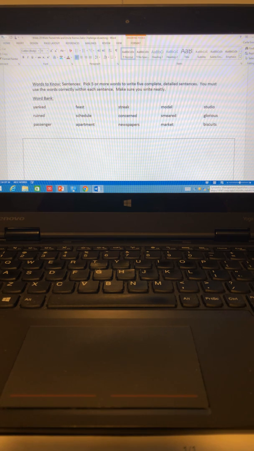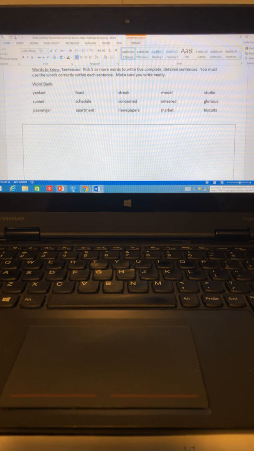And then you also have your vocabulary words I need you to work on. It says pick 5 or more words to write 5 complete sentences, detailed sentences. You must use the words correctly within each sentence. If you're writing on paper, make sure it's neat enough for me to read, and you have capital letters and periods at the beginning. If you're typing on the computer, make sure you take your time to type it correctly, and